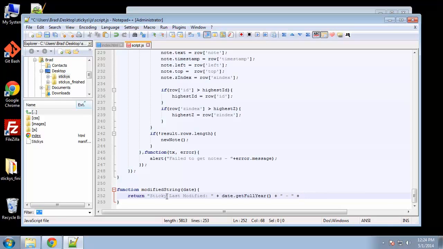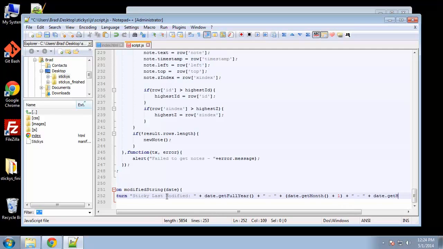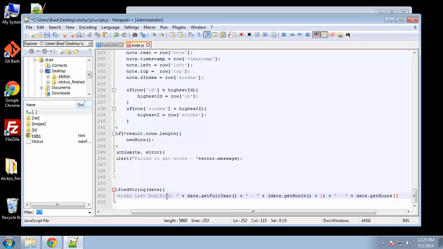Alright, and then inside of parentheses we're going to say date.getMonth, date.getMonth plus 1, and then we'll do another dash, and we'll put the hours, so date.getHours, and then we want the minutes, so let's concatenate